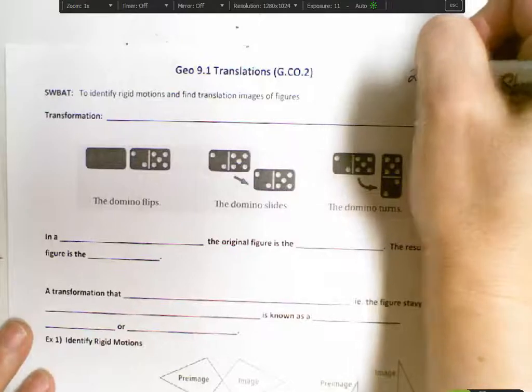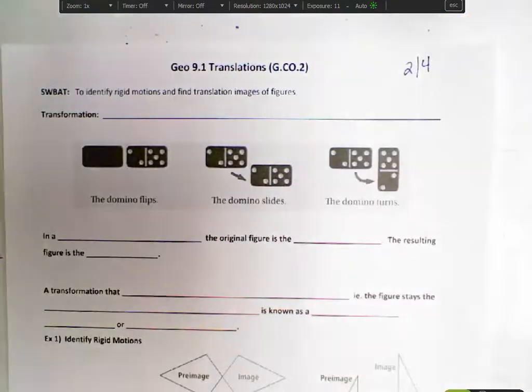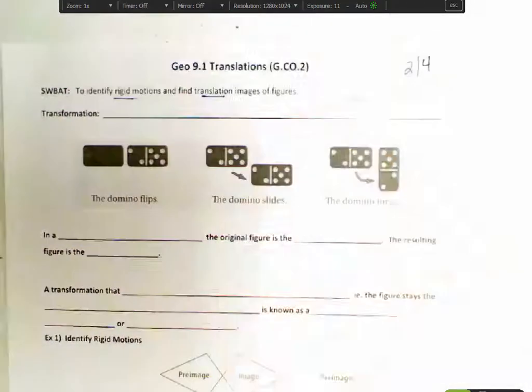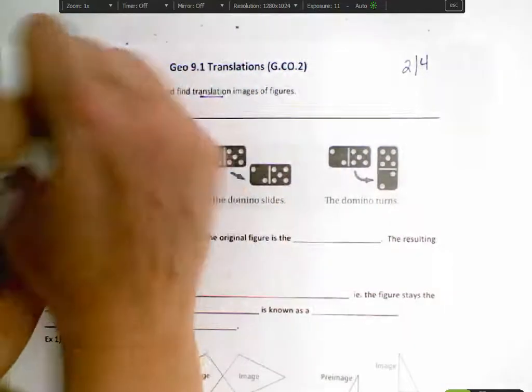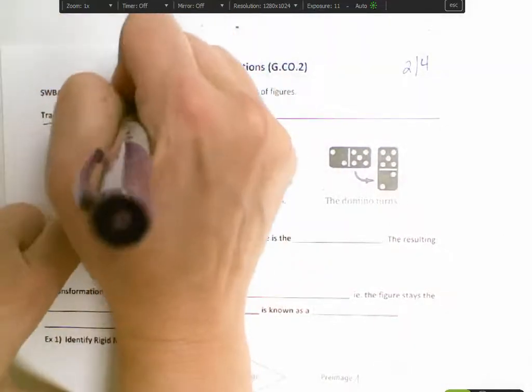So let's see, today's the 4th. By the time we're done today, you should be able to identify rigid motions and find translation images of figures. So a transformation in general is the term that encapsulates all the different types of transformations, including translations, slides, flips, all that good stuff. So a transformation, generally speaking, is a function